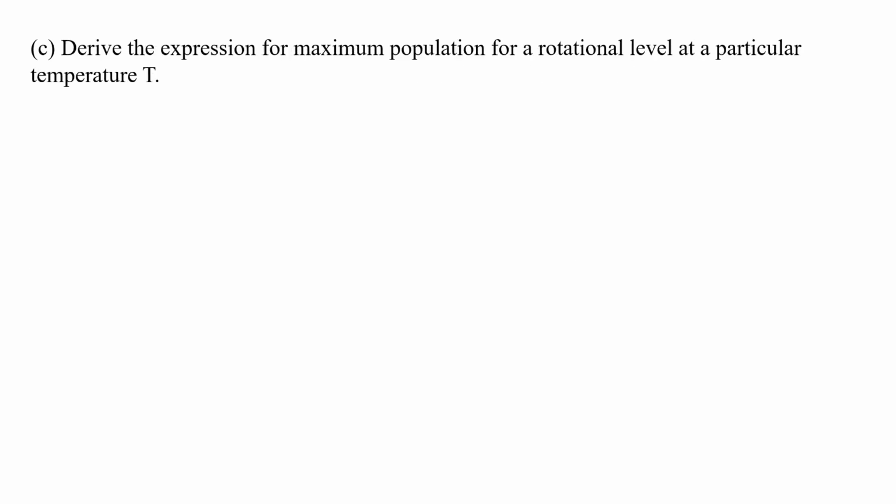Now let us go to the second question: derive the expression for the maximum population for a rotational level at a particular temperature T. That was what we were discussing earlier, right? This is 2J plus 1, your degeneracy, times exponential of minus EJ by kT, where EJ by kBT. I can also write it in